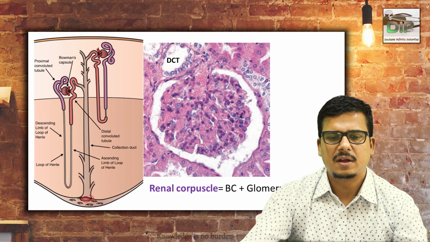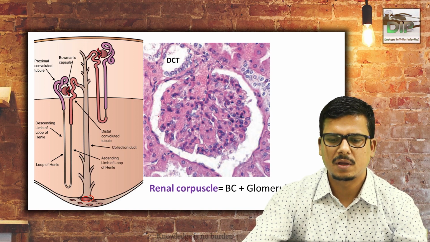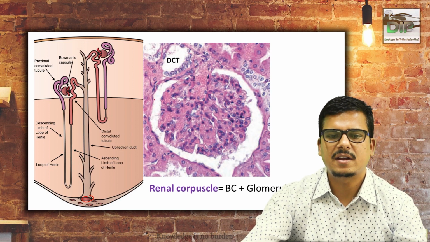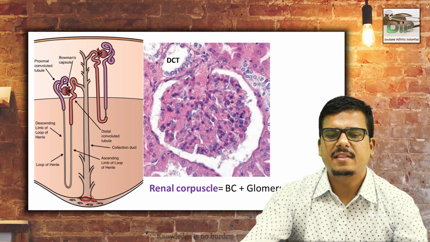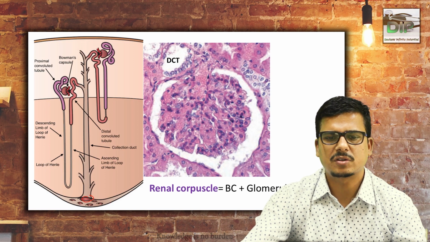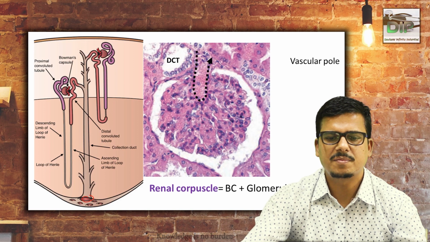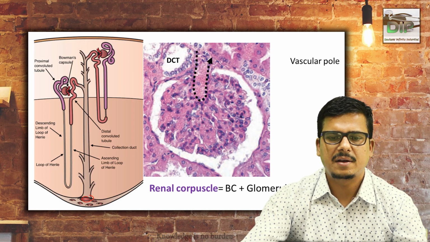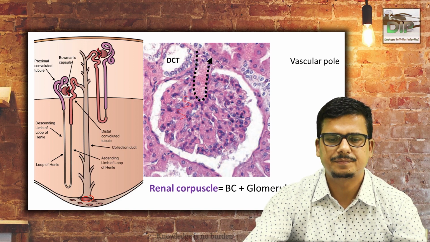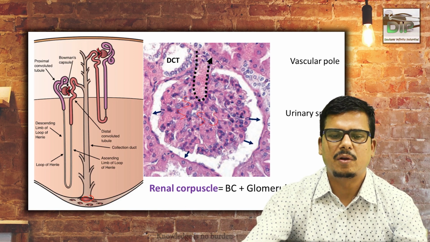This is the histological diagram of the renal corpuscle. Renal corpuscle means Bowman capsule plus glomerulus. What is glomerulus? Glomerulus is the capillaries formed by the afferent arterioles inside the Bowman capsule. So if you see the histological image of the Bowman's capsule, the renal corpuscle, you will see something like this. This is the region where the afferent arteriole comes in and the efferent arteriole leaves. Before it leaves as the efferent arteriole, it gives many capillaries here. So that's why this region is called the vascular pole.